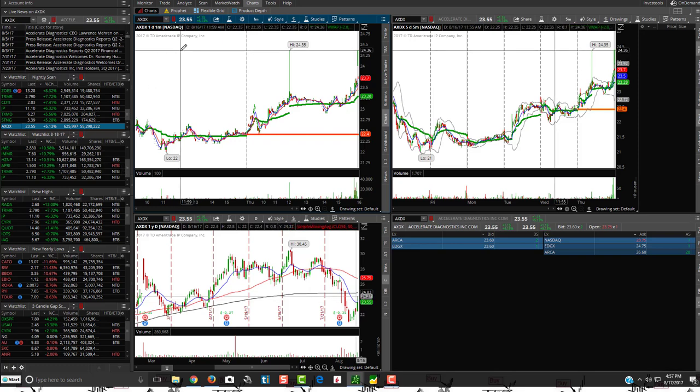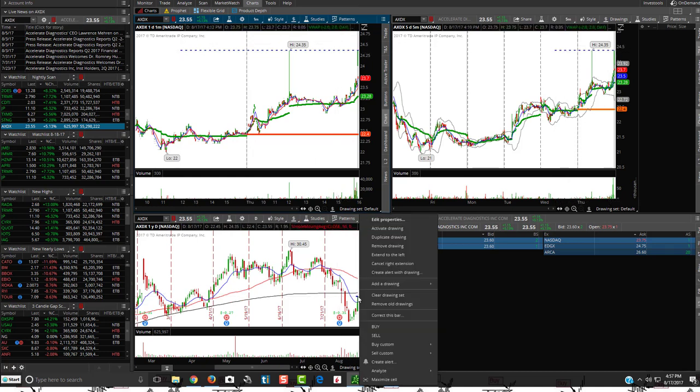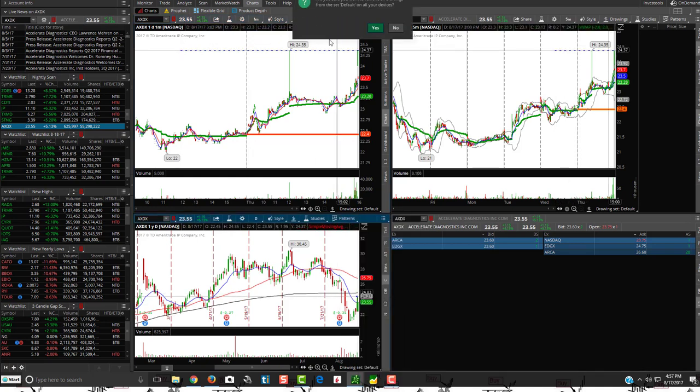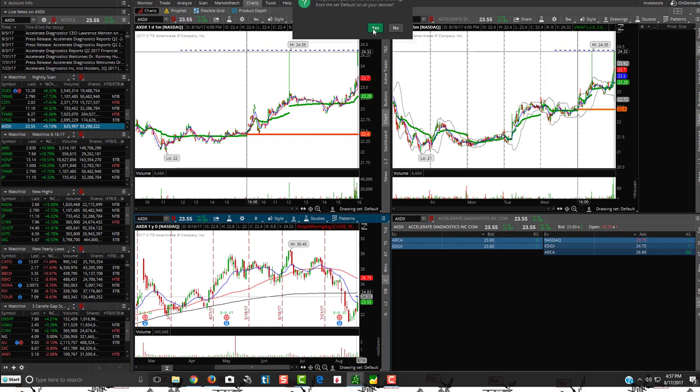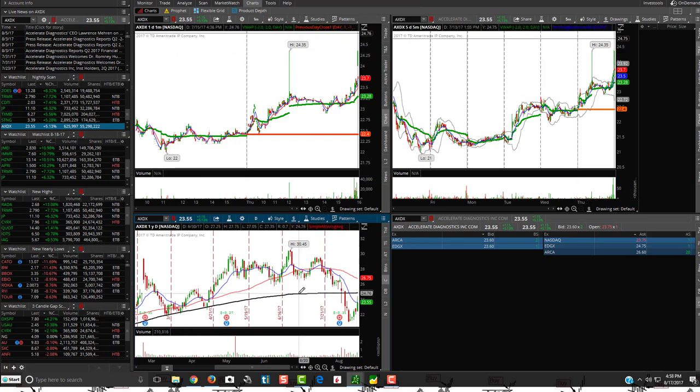See if it can break that 24.34, and you want to see it ideally get over that 200 SMA, which is right here. So you want to see if it can get over that, but then you also have that one right up there. I'd just be careful, and there's not a lot of volume, so I'm not going to put that on the watch list. Let's go a few over here.